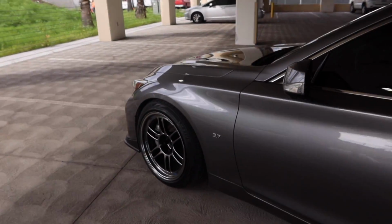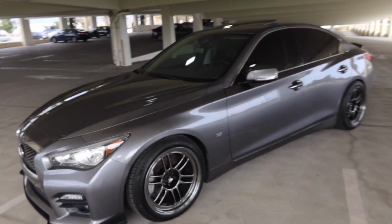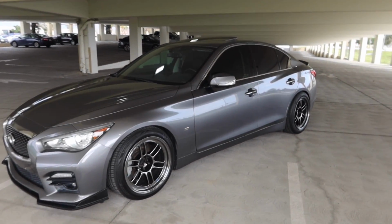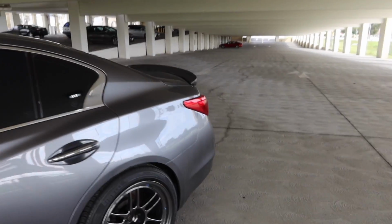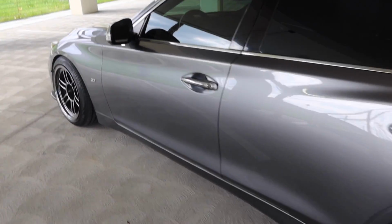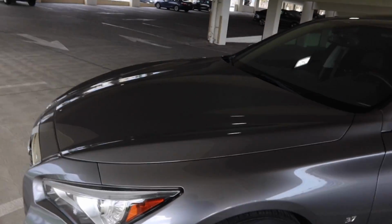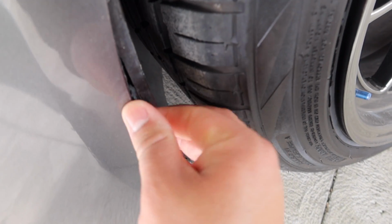All right, just like that, we transported to the parking structure. This is actually the same parking structure where I filmed one of my other informative videos that I do. I thought, why not come back here? Also, if you guys see the car a little bit dirty, I am sorry. It's been raining where I live. I was gonna wash it, but it's supposed to rain like tomorrow, I think, so not really a point to. Oh, it's not too dirty though. I don't even think the camera will really catch it. Hey, sick. What the f...